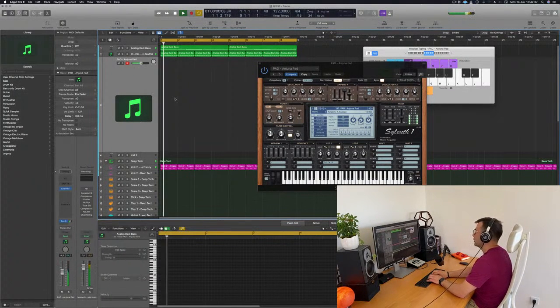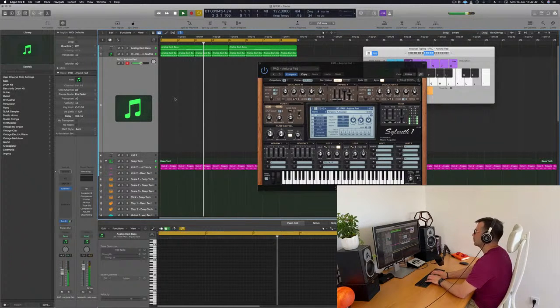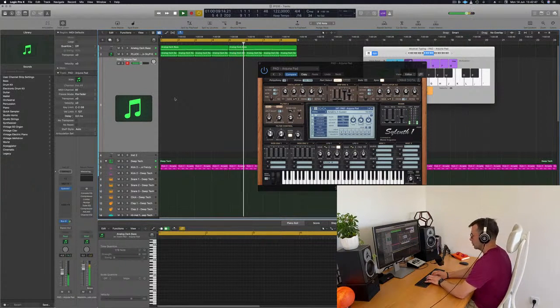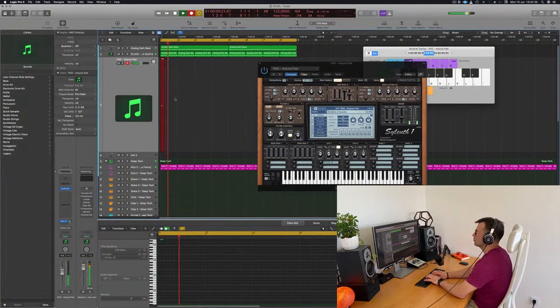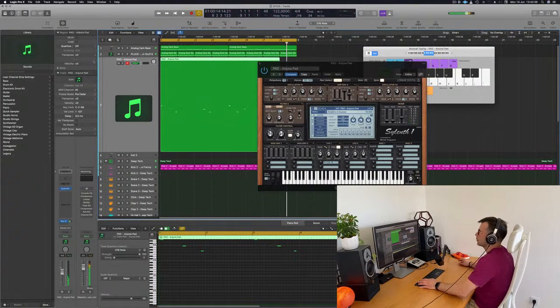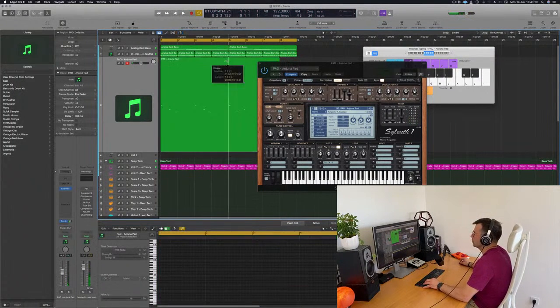But also, of course, the key has to work, so D, E, E. Something like this. No. Definitely like the second version here better.